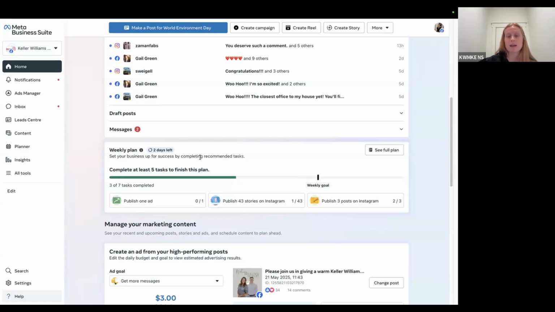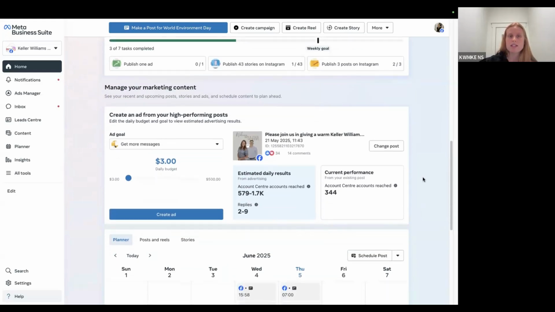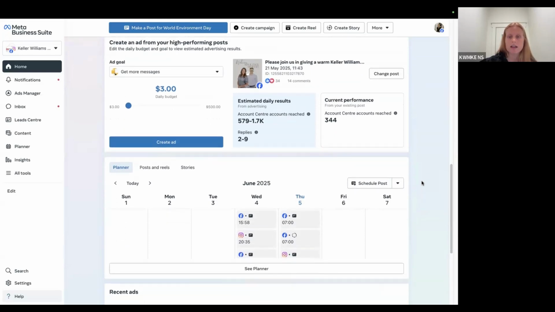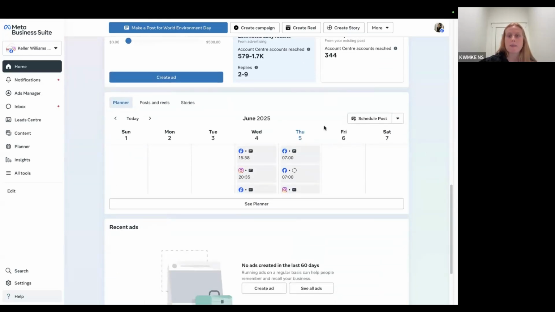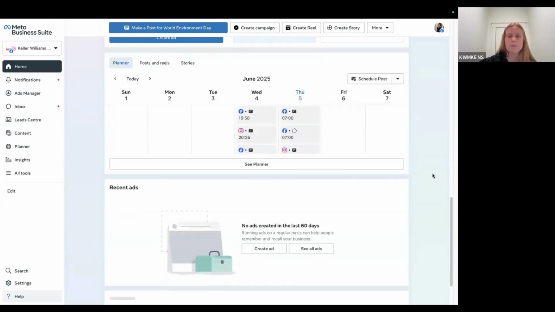This has a weekly plan, which is fun. It'll push you to do these things, and you can set weekly goals. So it's a good way to keep yourself accountable. This is where you can get into the paid advertisement, which I'll touch a little bit on later. And then for scheduling posts and stuff, you can see that all in your planner.